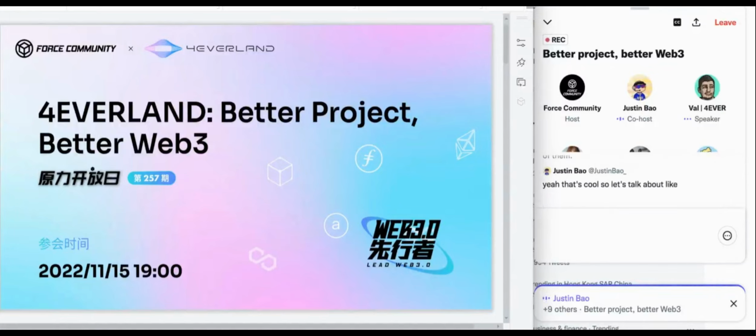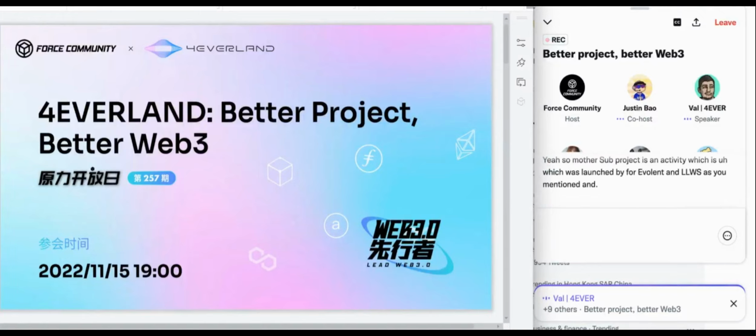Yeah, that's cool. So let's talk about MSP1. What is your view towards Monthly Star Project One? We know beforehand that the project is co-hosted by both 4EVERLAND and Web2 cloud service giant AWS. So how did you meet each other in the first place, and what is the original intention of holding such a project? Yeah, so Monthly Star Project is an activity which was launched by 4EVERLAND and